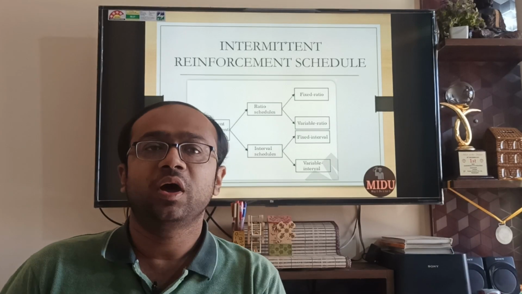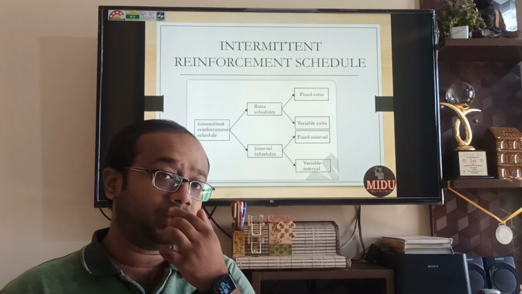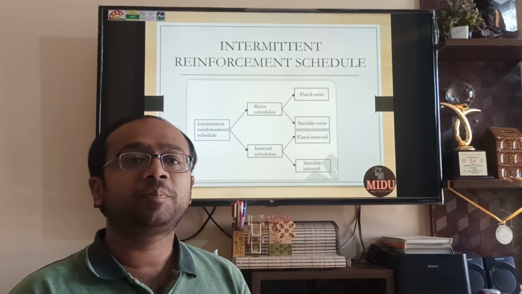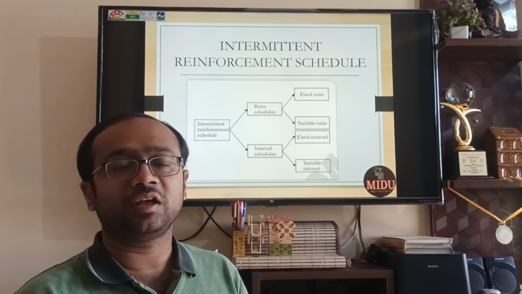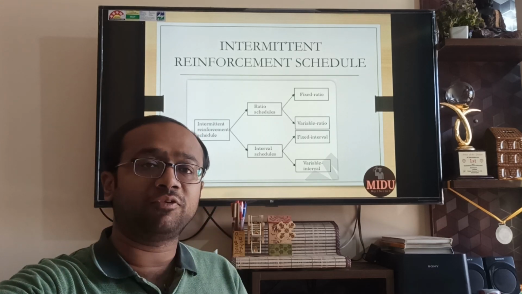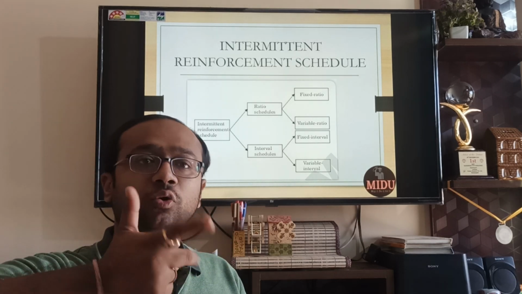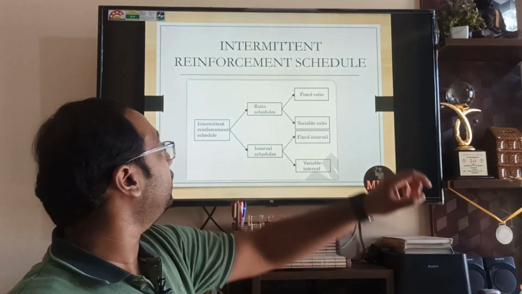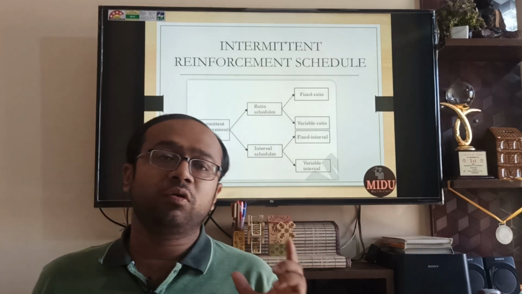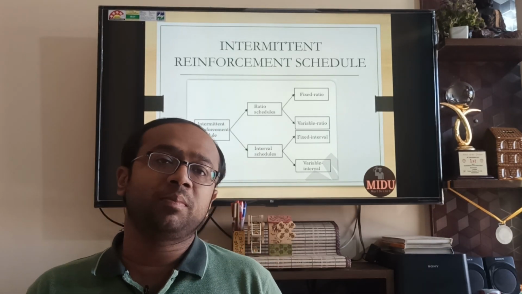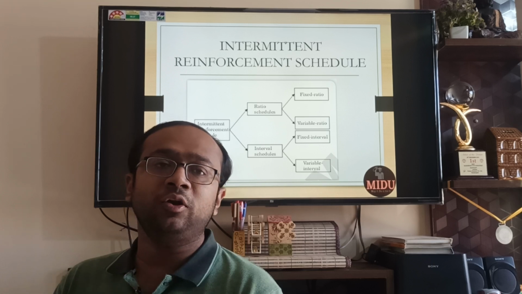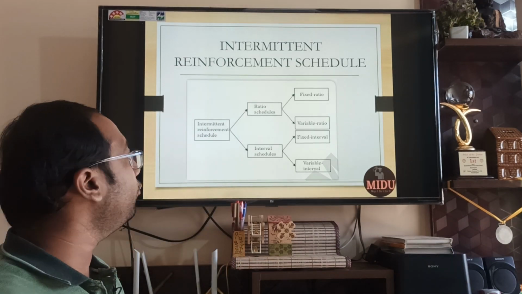Second can be variable ratio. Here that ratio changes, because see, taking that same example, overachievement, when you keep on overachieving, it is not that easy. So doing 100% is in itself very difficult, very commendable job. 105, 110, so from 100 to 105 the effort, and 105 to 110 the effort also changes, right? That is why here what you are doing in variable ratio, you are giving some different benefit. For example, in the same example, for 105 you are giving 10,000 rupees, so maybe for 110 you will give 12,000, for 115 you will give 15,000 additional. So you are doing variable ratio. That is the example of variable ratio.